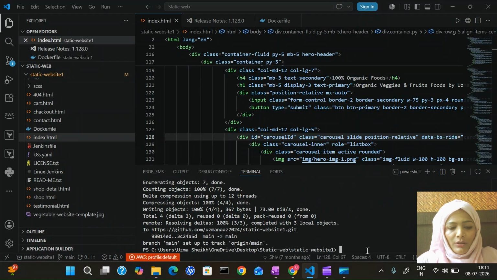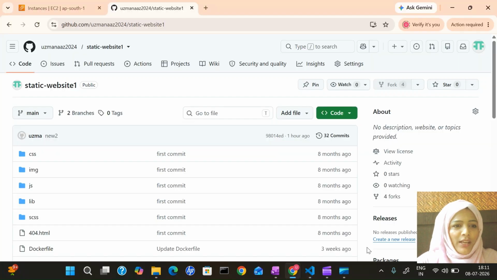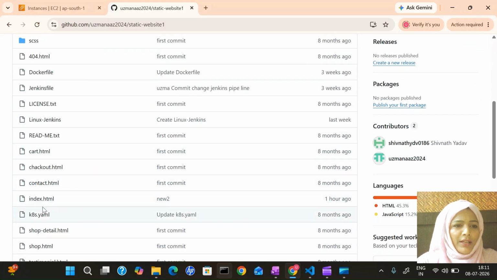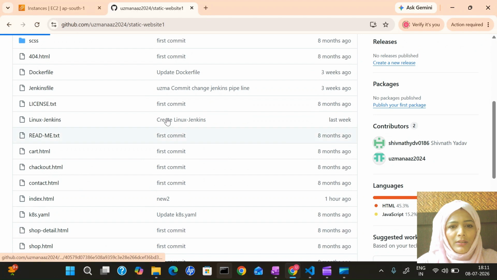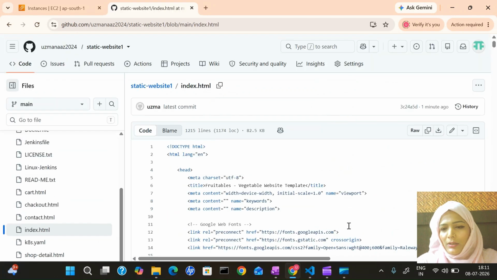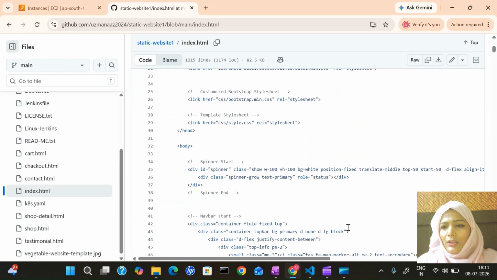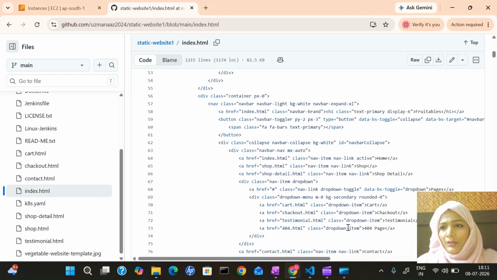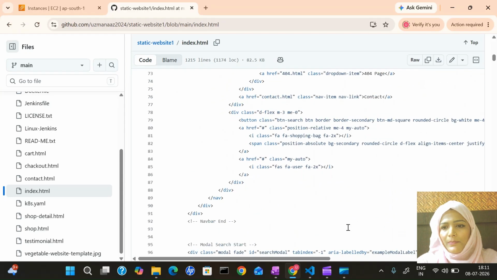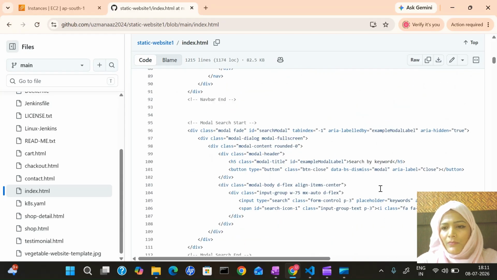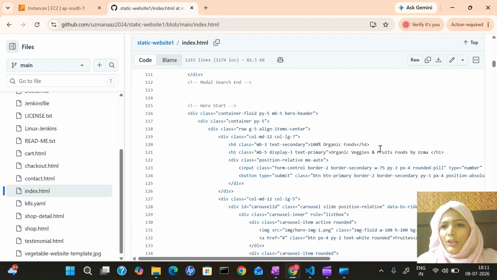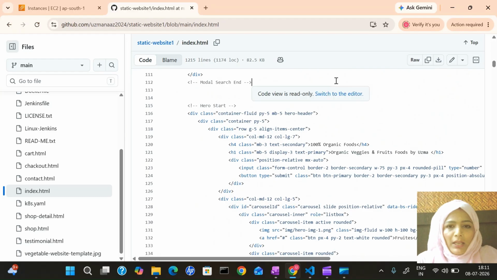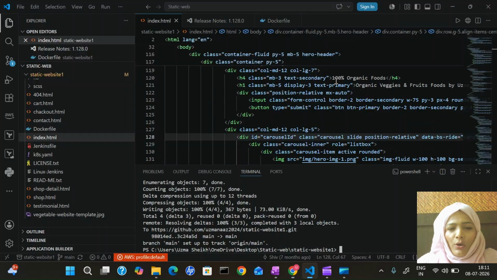It's pushed. Okay. If I check here in the index.html file, the code has changed. This is the code. You can see 'by Uzma' has been added here also, right? So now we have pushed the code into the repository.